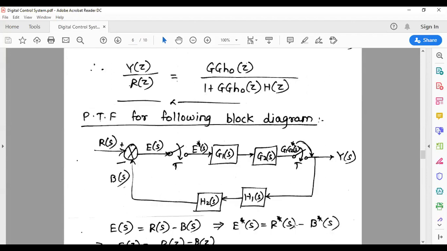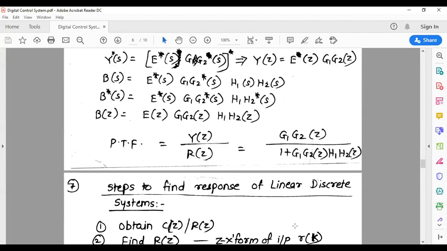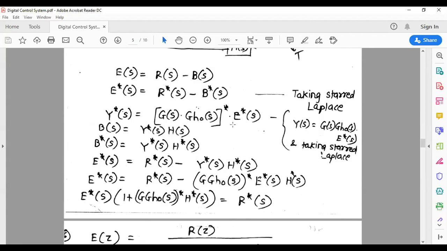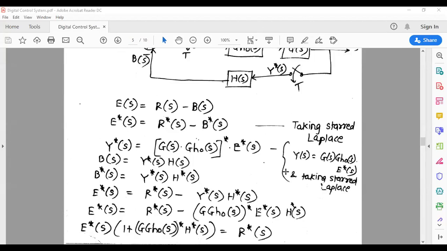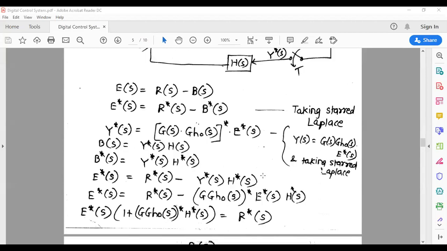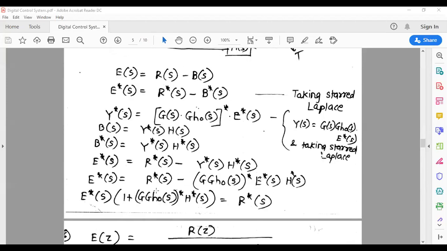Similarly, you have one more example where you are calculating the PTF in the very same way. The most important point was understanding the properties and using them at all the intermediate levels. So this is what is happening. It will be very clear to all of you the moment you solve it yourself. In case you want, I can wait for a while and I would like all of you to solve it. If we keep on solving the same thing systematically, this is what you are ultimately going to get.